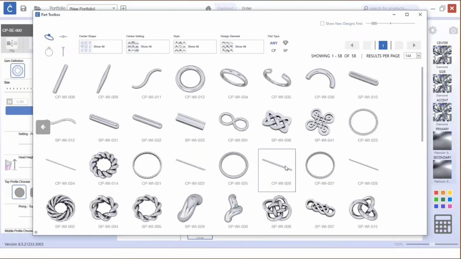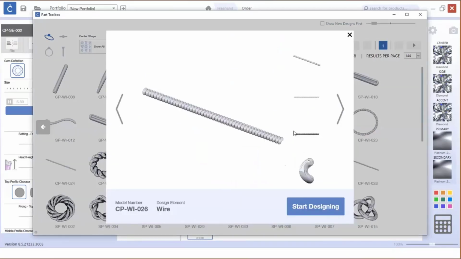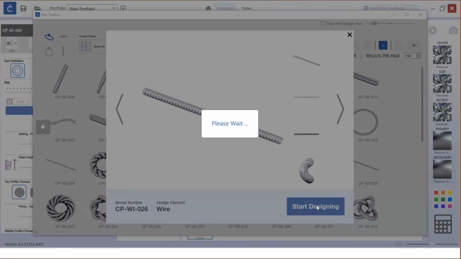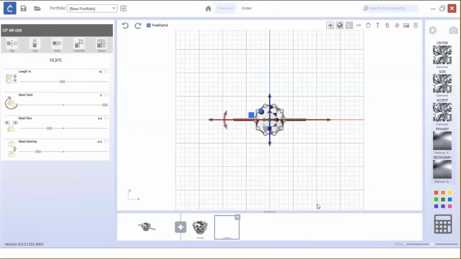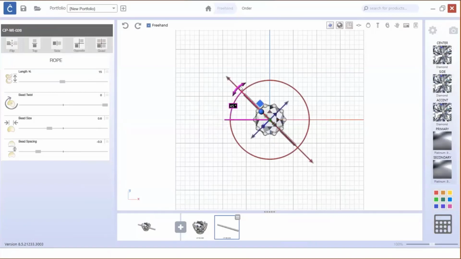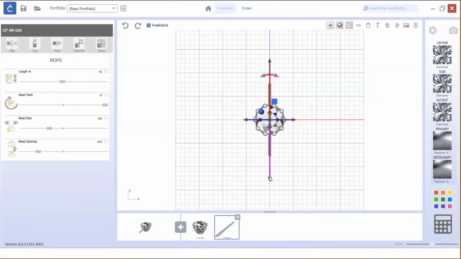So here, I just kind of want to use one of these straight kind of wire designs, kind of a rope effect. The first thing I want to do is I am going to rotate it. I want an even 90-degree rotation, so holding my shift key once again, left clicking with my mouse and just dragging that to that 90-degree angle. I'm going to move it up slightly,